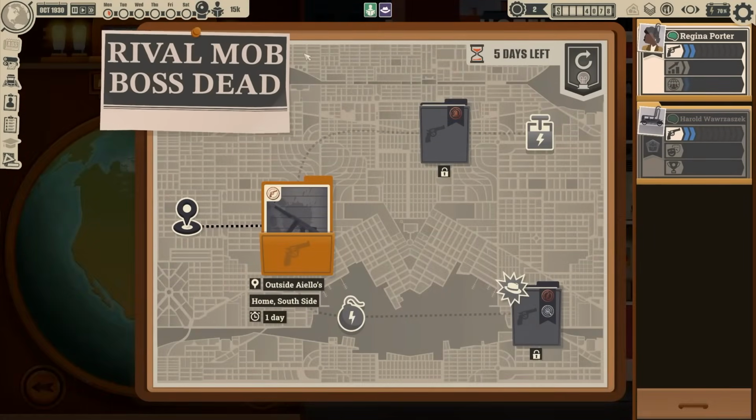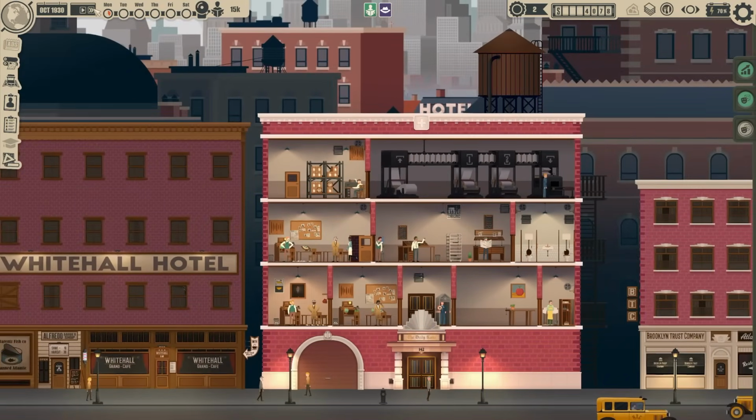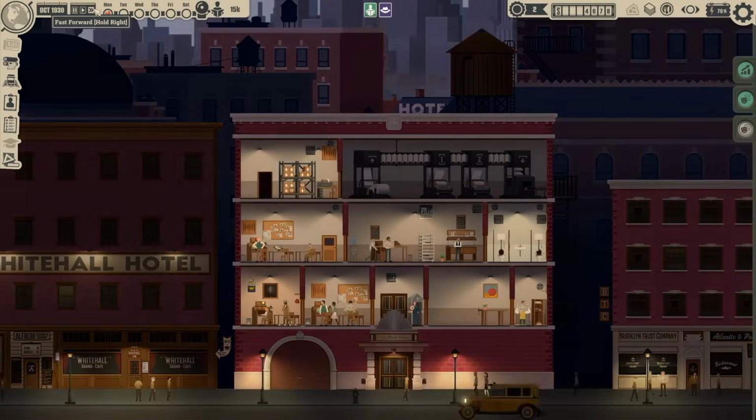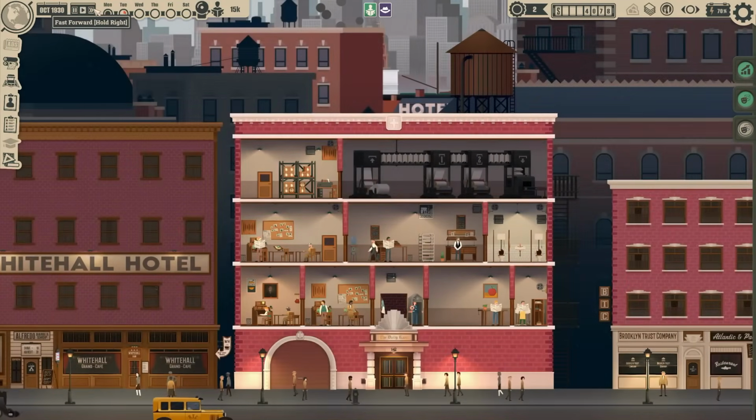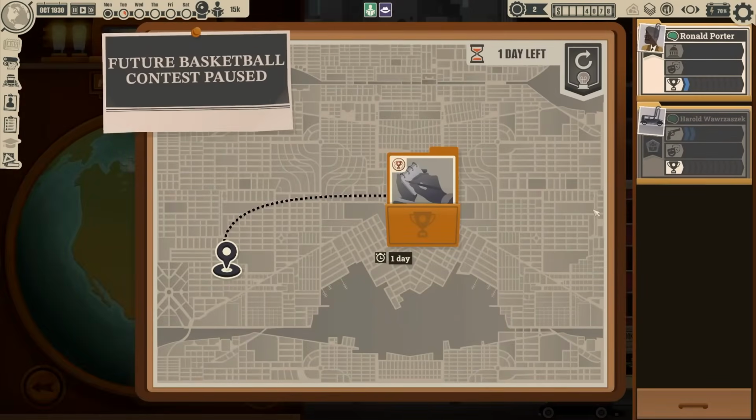Crime. We have Chicago. Oh yeah, this was the other one that was kind of a big deal. I don't know if I want to mess around with this, so I'm going to let time go, and then hopefully we can find ourselves a little bit of a lie article opportunity, possibly, for the mob. I will actually...